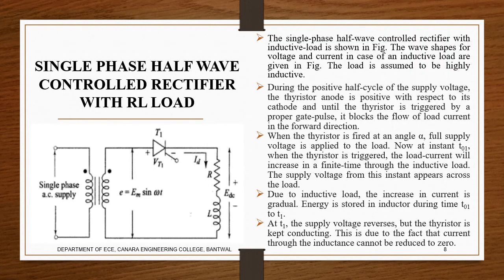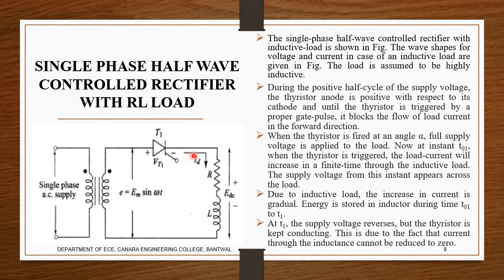Now if we use an RL load instead of R, what will occur? During the positive half cycle of the supply voltage, the thyristor is forward biased. That is, the anode is positive and the cathode is negative. Unless the gate pulse is given, it blocks the flow of load current in the forward direction. When the thyristor is fired at angle alpha, the full supply voltage is applied to the load. Now at the instant t01, which we can see in the graph, the thyristor is triggered,